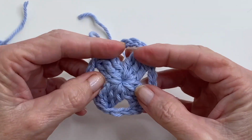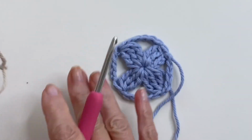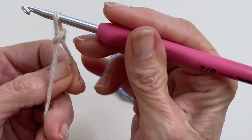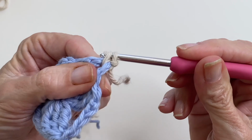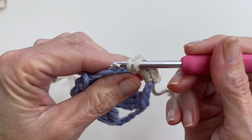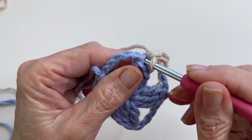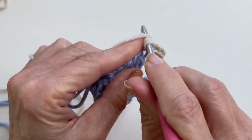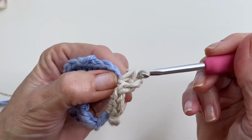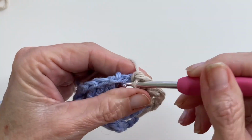And now we're just going to go around this with single crochets in our neutral color to finish it off. We want to create some corners and sides to this, so I'm going to fasten on in a side. I'm just going to start with 4 singles on the side. In the corners, I'm going to do a single crochet, chain 2, single crochet, continue on with 4 singles on the side,